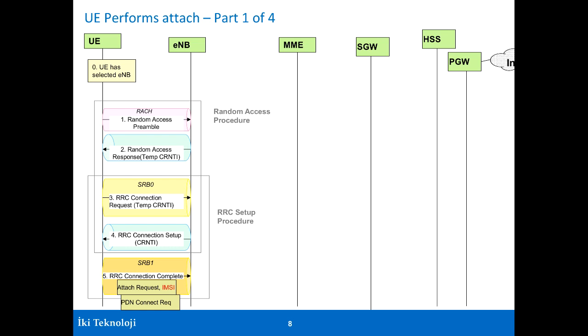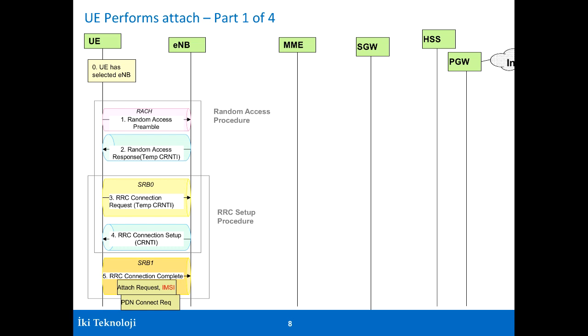All right, and this procedure by which the radio resource control signaling has been set up is called the RRC setup procedure. As you can see, the random access procedure goes up to 4 messages, and then the radio resource control setup procedure is everything that starts from connection request and ends with a connection complete. And